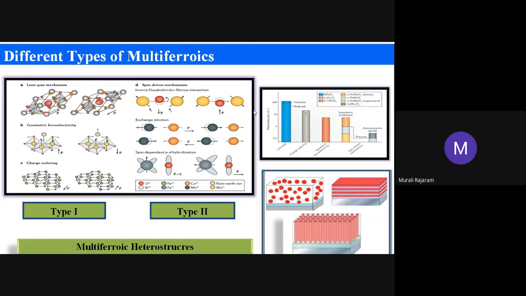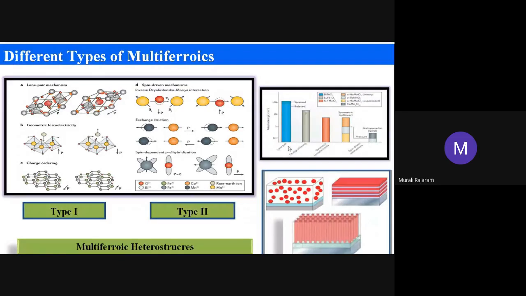Your special arrangement of spins can induce electric polarization. So this kind of spin-driven mechanism, I'm going to give an example on the bulk materials of this class of materials. And also these are some other classes of materials where one kind of magnetic polarization affects the other, electric polarization. And this graph shows the polarization of a different class of materials, and then the lone